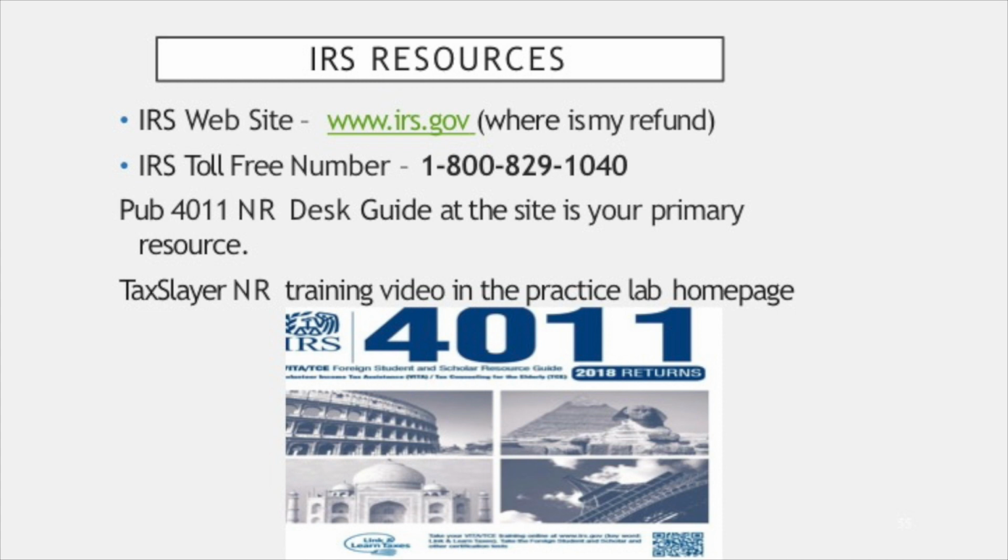It could be helpful to you, although it could be complicated. The IRS toll-free number that you can call in for questions. A lot of times it's a little difficult to get in. Once you get in, it may take a while because not everyone at the IRS also is familiar with foreign student taxes. But that number is